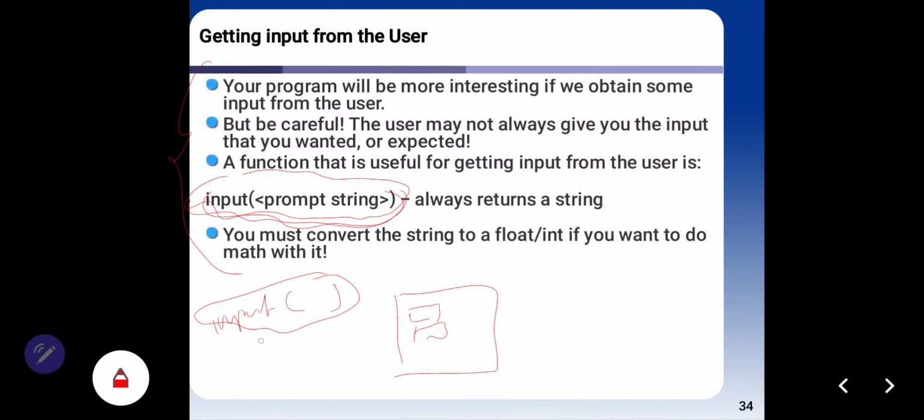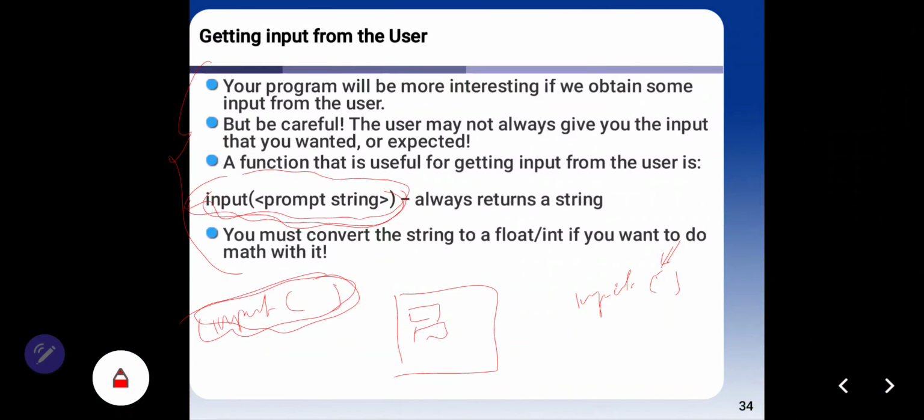In the general form like this, input parenthesis, and if you have any question string, your user can insert the answer into here.